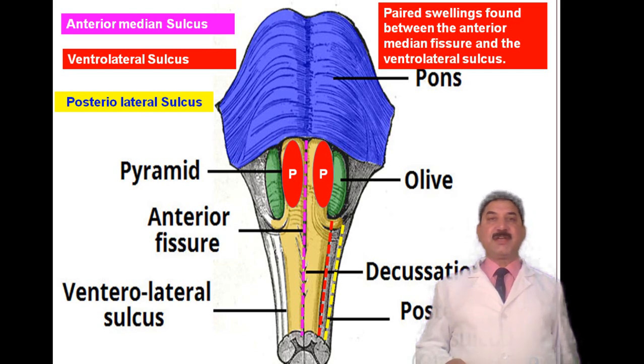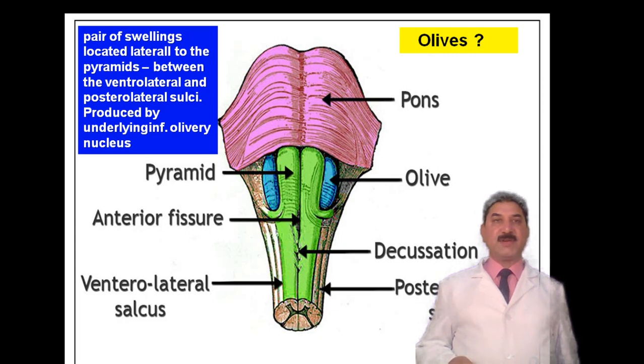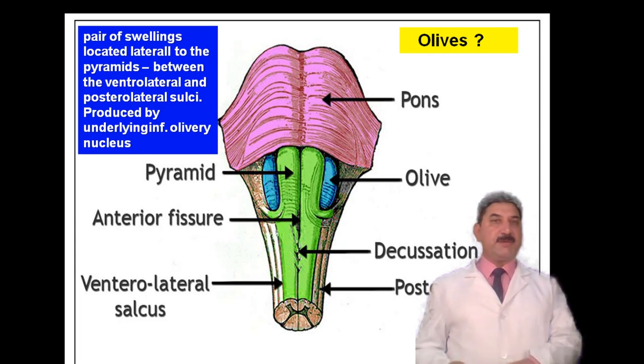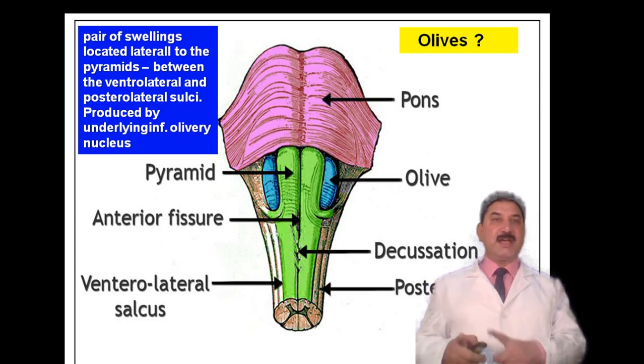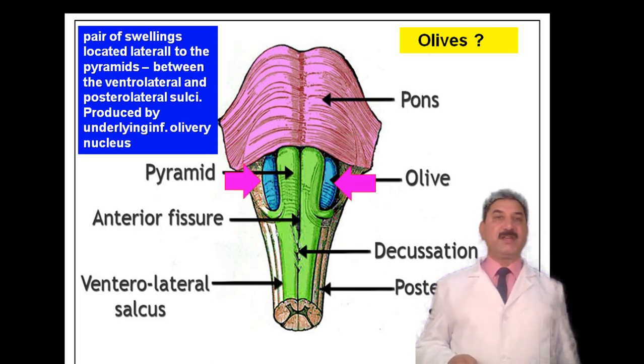On either side of the anterior median fissure, there are paired swellings found between the anterior median fissure and the ventrolateral sulcus. These paired swellings are called pyramids. They are produced by underlying corticospinal and corticobulbar tracts. Olives are a pair of swellings located lateral to the pyramids between the ventrolateral and posterolateral sulci, produced by underlying olivary